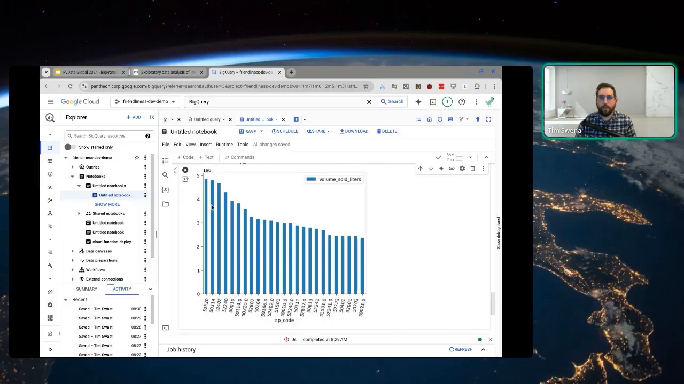Right away we can see these zip codes that sell almost 5 million liters over the course of this database. But we also notice a few other things. I noticed these zip codes here. We've got 50314, and then we've got